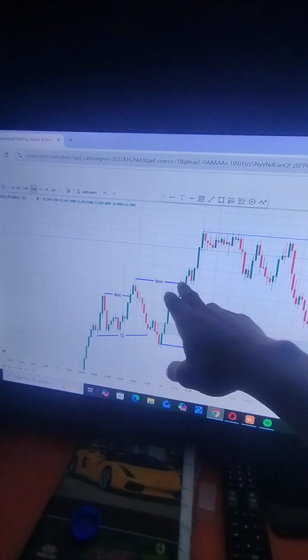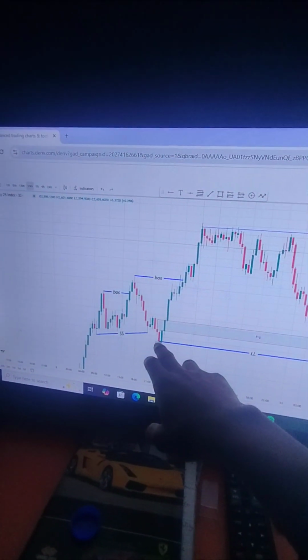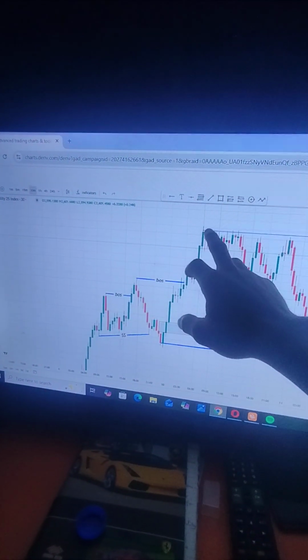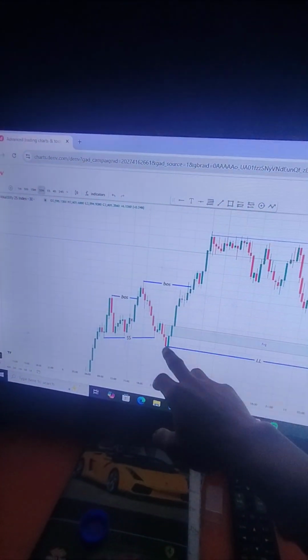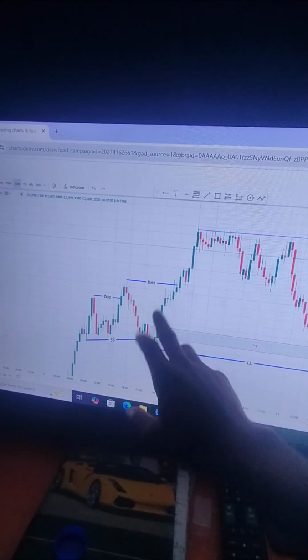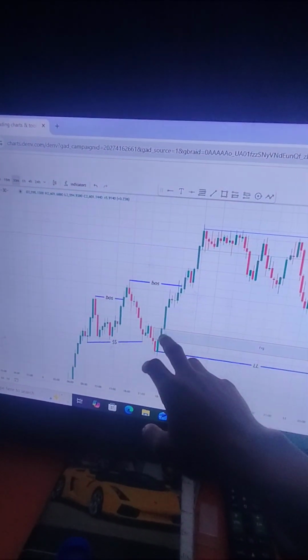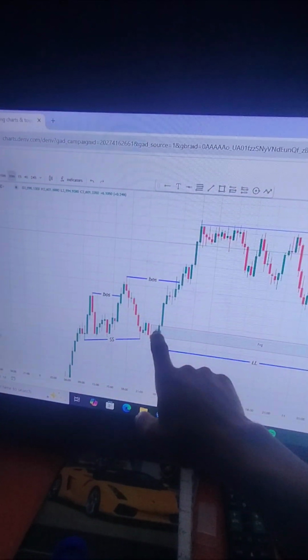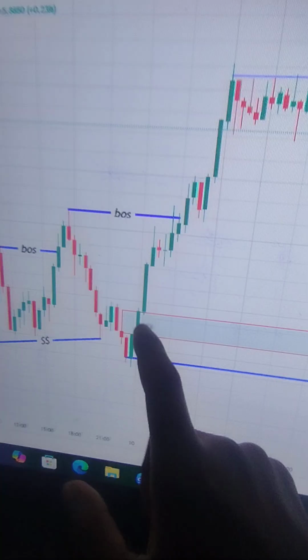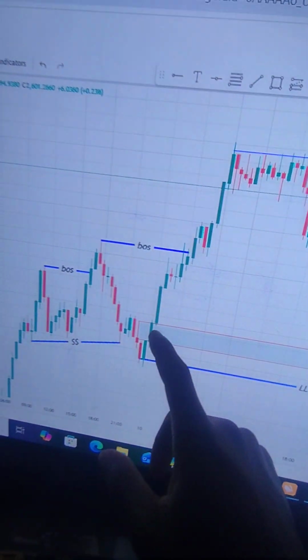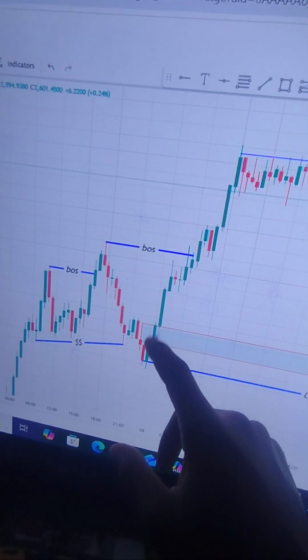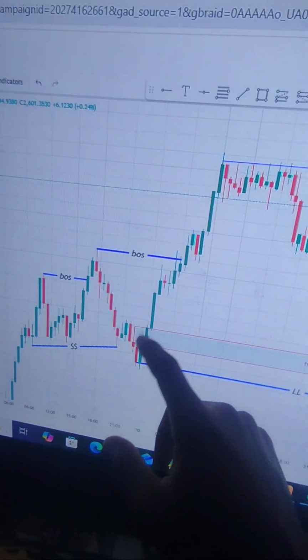After you have identified the break of structure, you mark the last low point that leads to the break of structure. After marking that last low point, you identify your fair value gap. Remember, once the market breaks a structure, it always gives a fair value gap. So this was the very last fair value gap, because there was a gap here, there was another gap here. So you can just refine this last gap here and hold on for the market to pull back and fill in